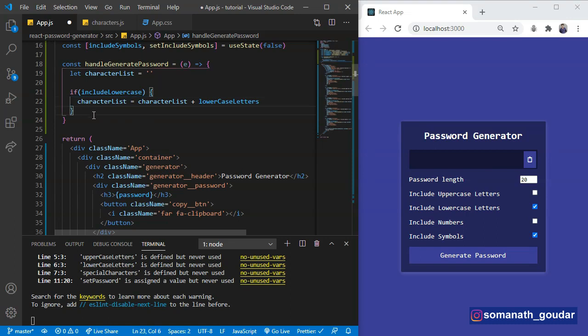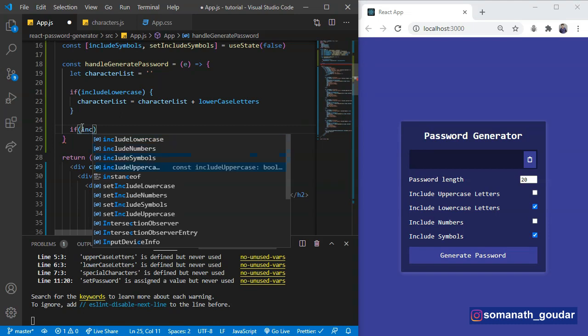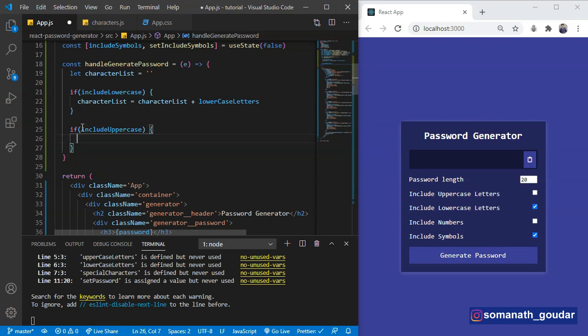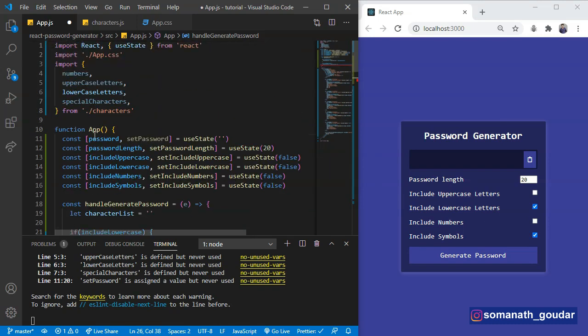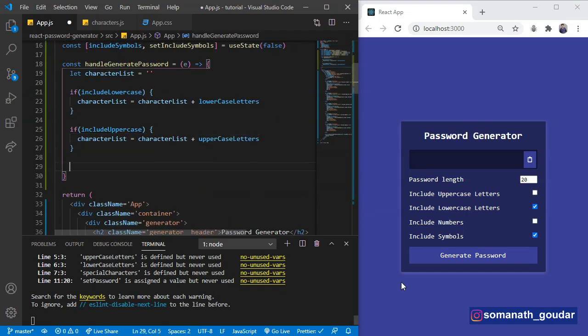Okay, now let's also check for the uppercase letters. This should be include uppercase, and if that is also true, we are going to say character list plus we are going to include uppercase letters. Now let's also set this for numbers and symbols.